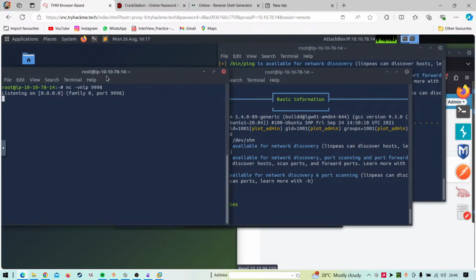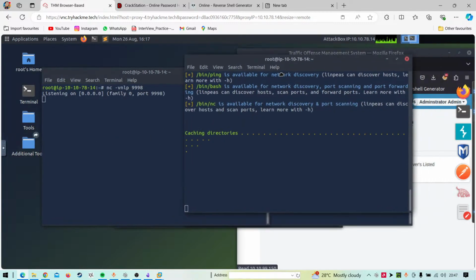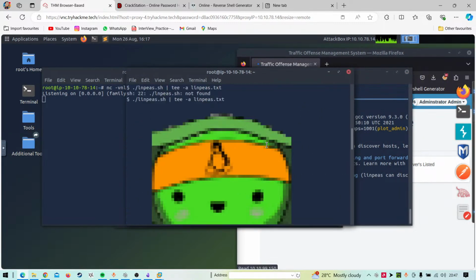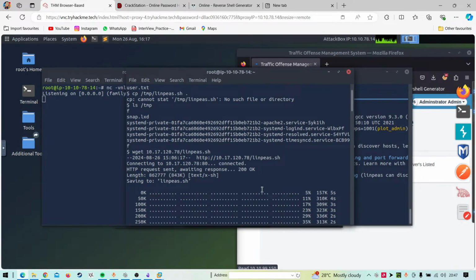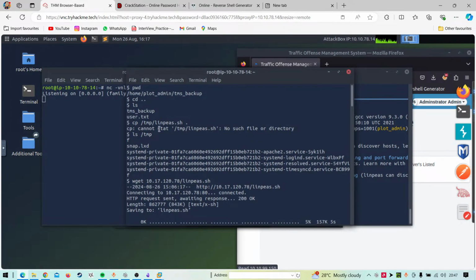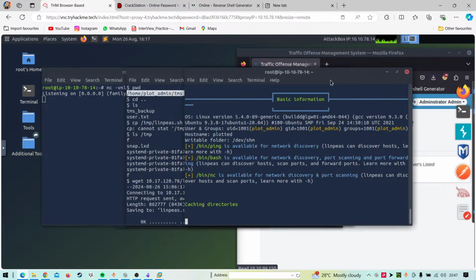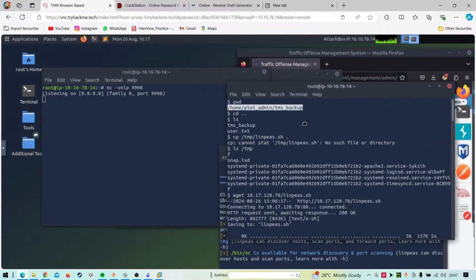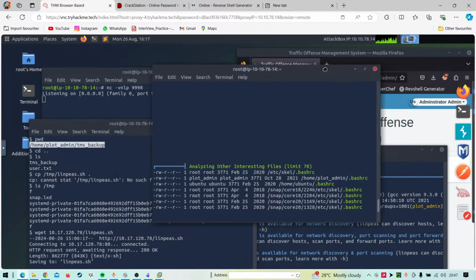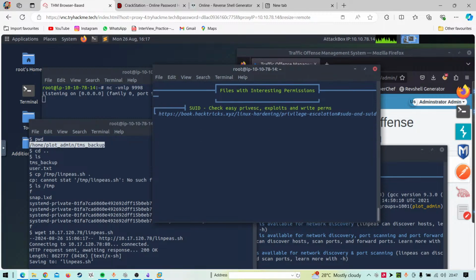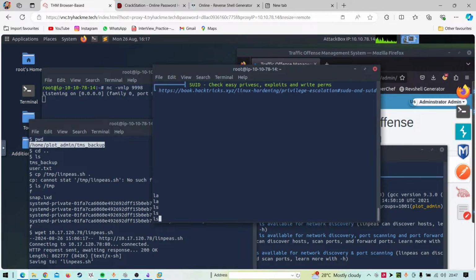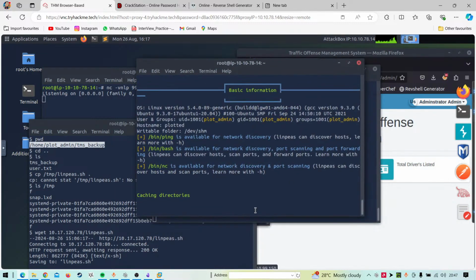I don't know which shell is which. Everyone is running LinPEAS as of now. I think this is the one with the plotted TMS. Okay, this is not the machine we are looking for, but let's see.